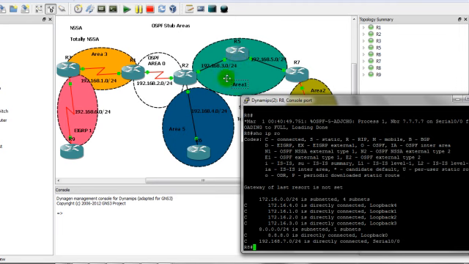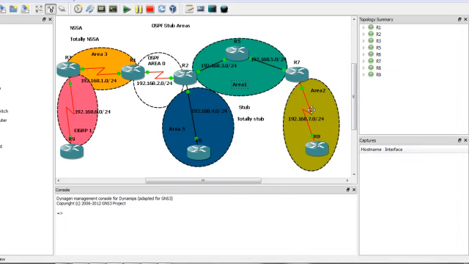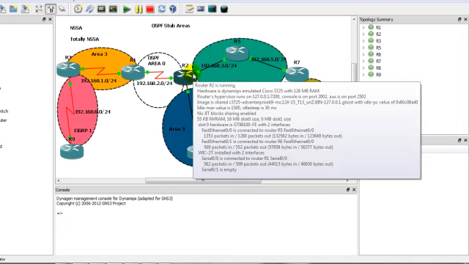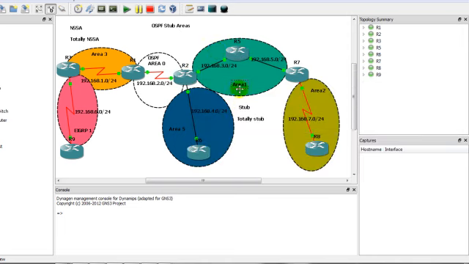So why? Because this router is not in the backbone area. This is area 1 and area 2, they are different areas. So the rule says all areas should be connected to area 0, the backbone area, to make a connectivity. But what can we do if we don't have a backbone area, maybe in some circumstances like this? The solution for this situation is to make a virtual link in this area. Actually, in this area we have two choices to do it. I can do the virtual link between router 2 and 5 and between router 5 and